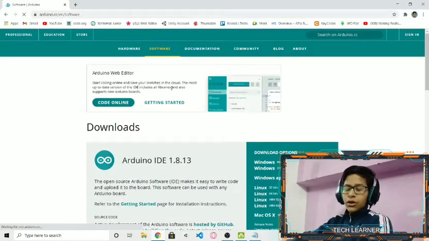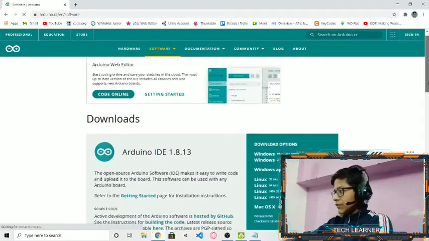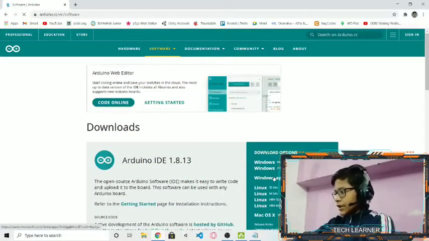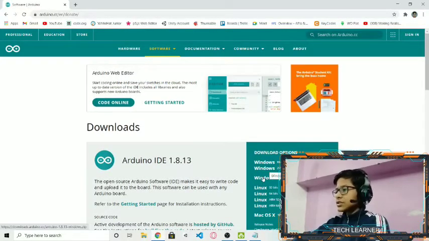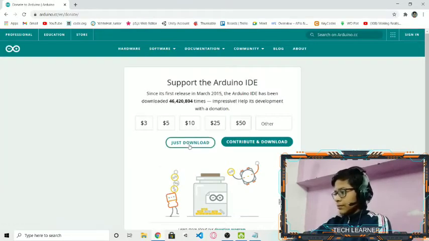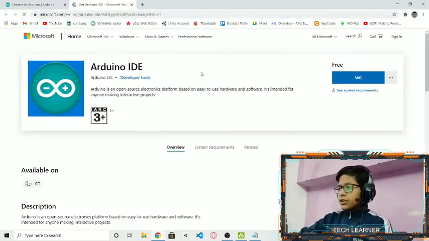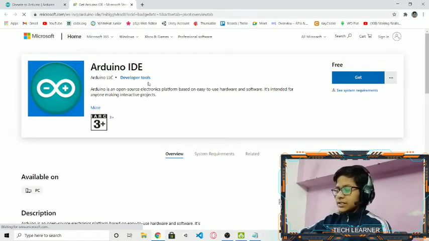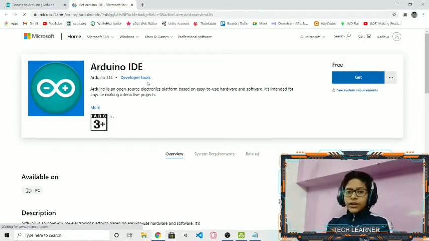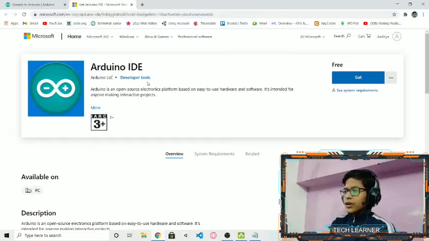So as you all can see, currently I am on Windows. So if I click this Windows download, I'll go to just download. So it opened the Microsoft Store website. It says that Arduino has removed the Arduino IDE for Windows from its website and posted it on the Microsoft Store.